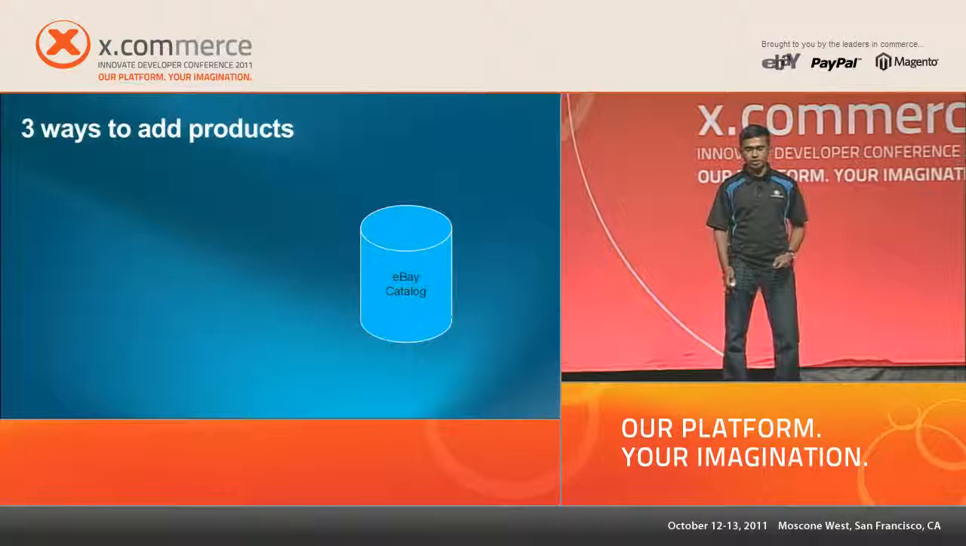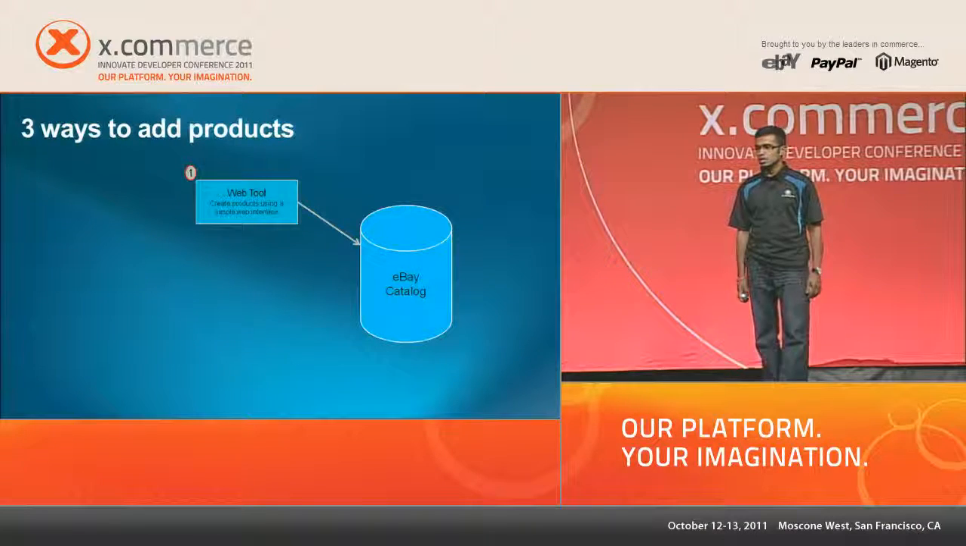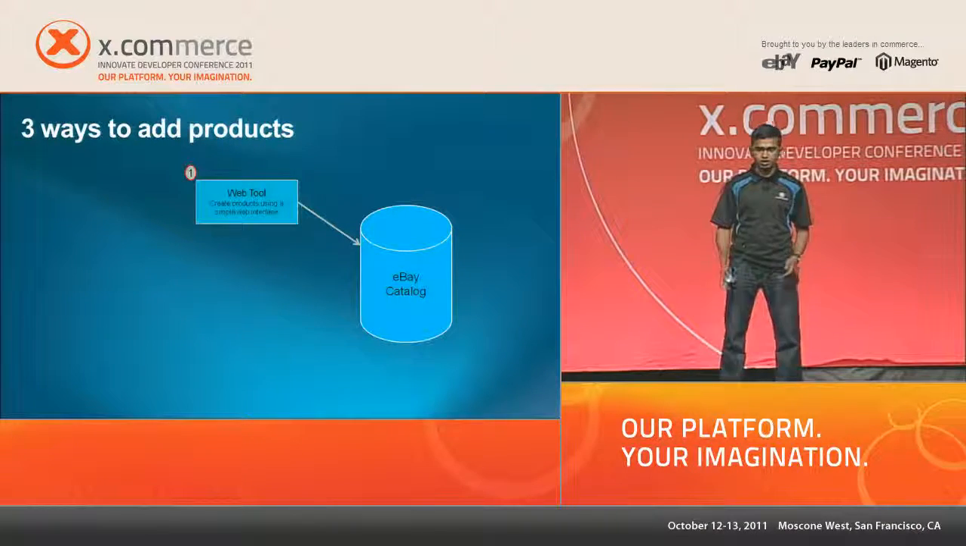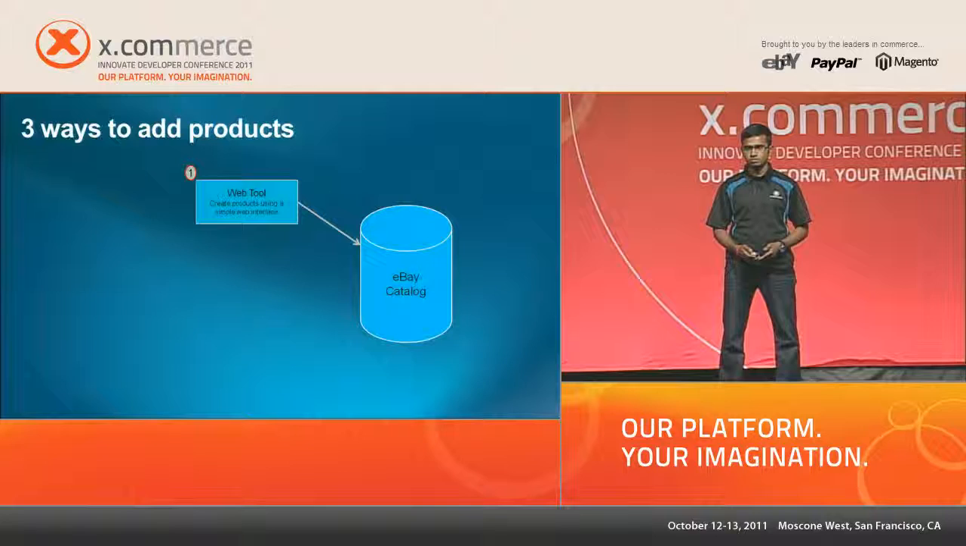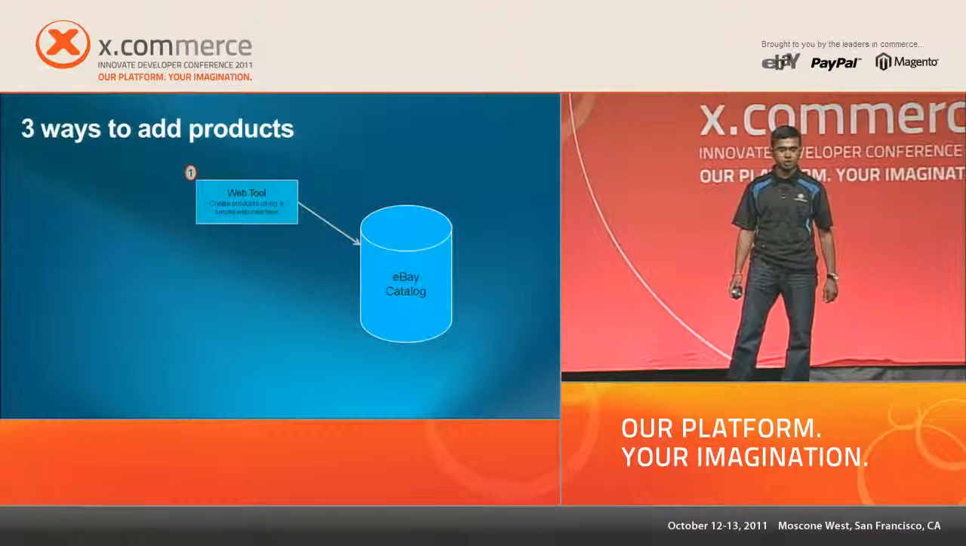We offer 3 ways to add a product to the catalog. The most basic and simplest way is to use eBay's web interface for product creation. It's also known as the add product flow. It's a very simple web form. You just go and say, add this product and fill it up. You provide your product properties and whatever, and you can request a product to be added to